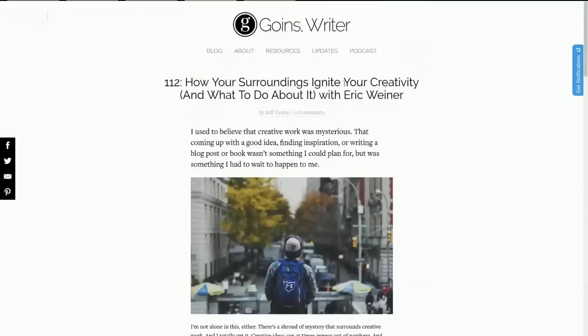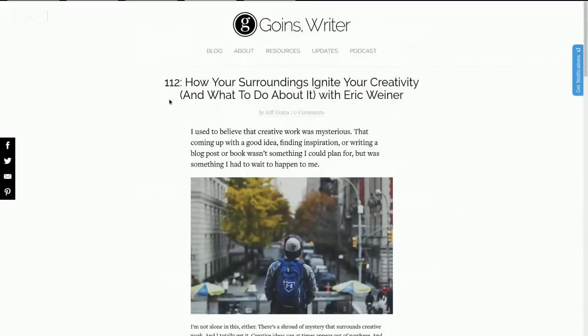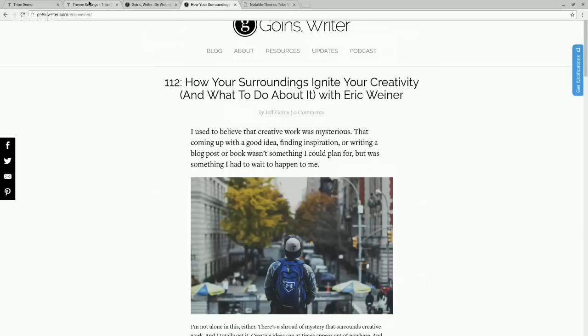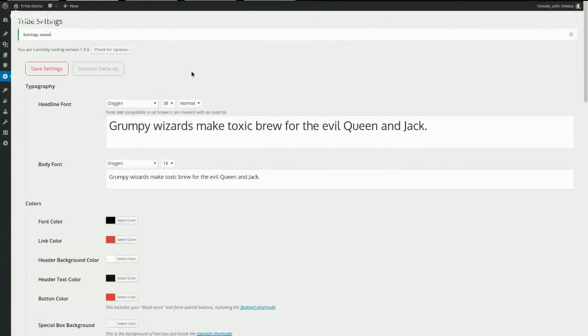And we're going to go and talk about the back end of WordPress because it's great to look at this stuff. I'm sure if you guys are fans of Jeff Goins, you've seen all this before. I haven't shown you anything new yet. But what I want to show you is the back end of Tribe Theme and how easy it is to use this product. So we've created a demo site specifically for this purpose, where we created a new WordPress website,